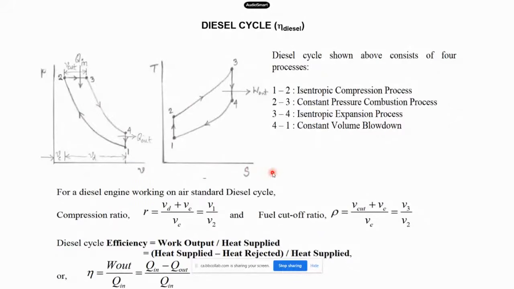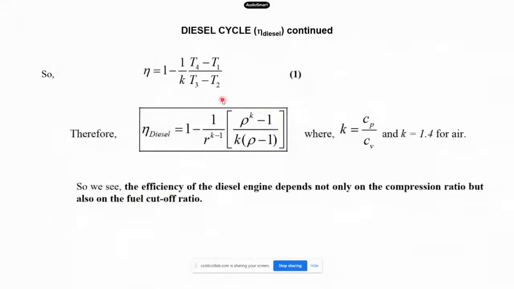And then again, if we move on to the efficiency, we can say that the efficiency for a diesel cycle is going to be 1 over gamma times T4 minus T1 over T3 minus T2. But again, if you don't want to go this route of calculating temperatures, there's an easy formula that you can use. Again, you can easily derive this formula, but like I said, this is not the intention of this session, to teach students how to derive. But the final answer